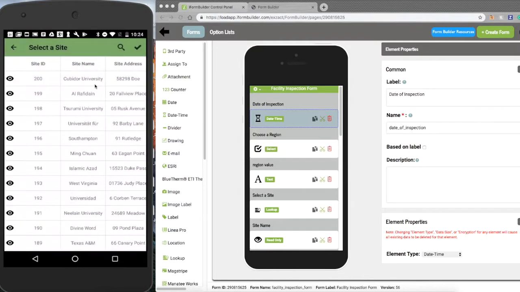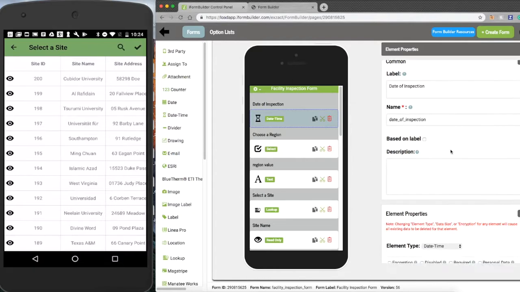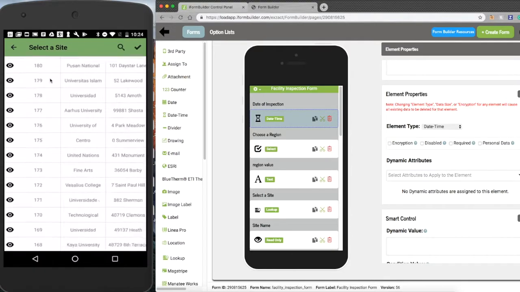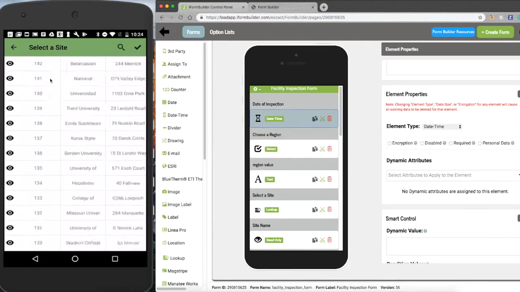That allows you currently to make this a read-only element as well as limit it. So maybe you only want to see five options here, so you could set up that max limit. Now we are adding two new pieces of functionality in here that are pretty important. First and foremost is the ability to filter records within here. Right now I'm seeing all 200 records in here, but maybe we want to add a filter to filter